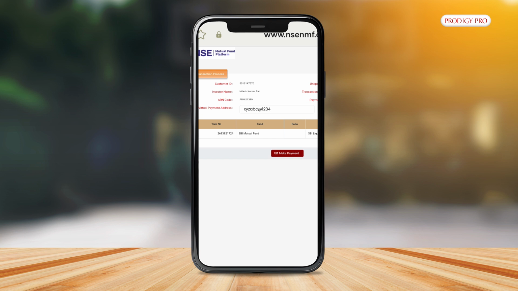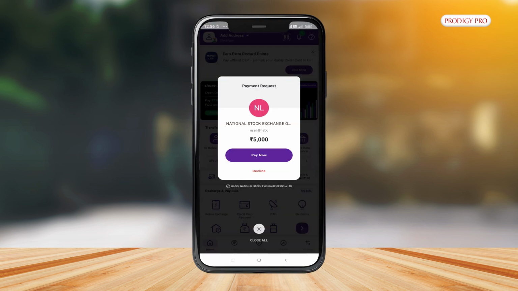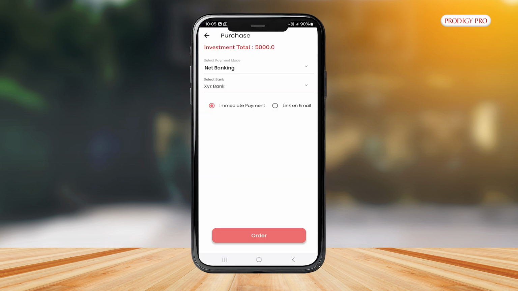And rest of the process is same as before. If you have chosen UPI as your payment mode, you will get a payment request on your UPI app to make the final payment. Now, if you've selected net banking as your payment mode and chosen immediate payment, you will